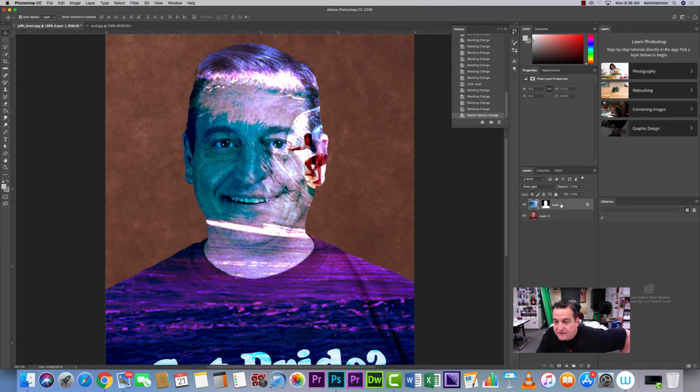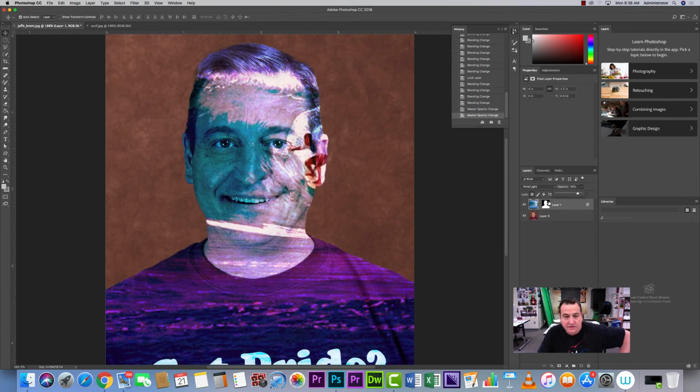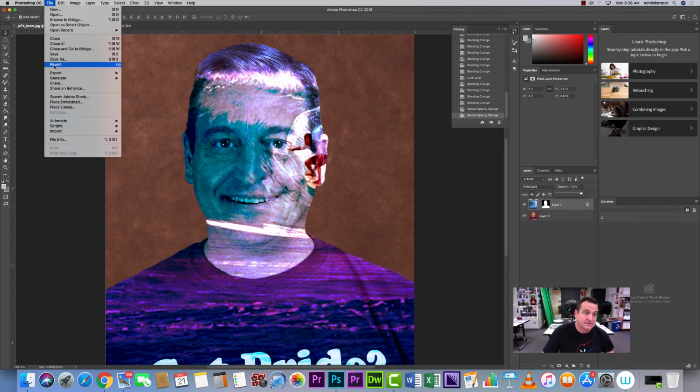And if you want to select this layer, you can also lower the opacity of that image that you're doing a double exposure on. So make your adjustments in here to make it look the way you want, to make it look good. Okay? When you're done, you want to go File, Save As,